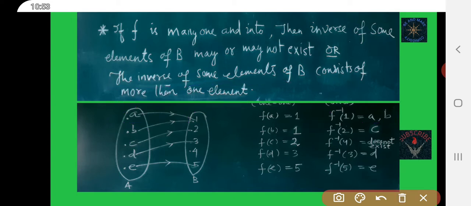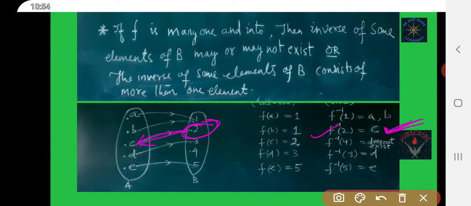Now you see inverse of 2, that is C, or you may say pre-image of 2 is C. So here you are getting one element only. Okay. And it exists.